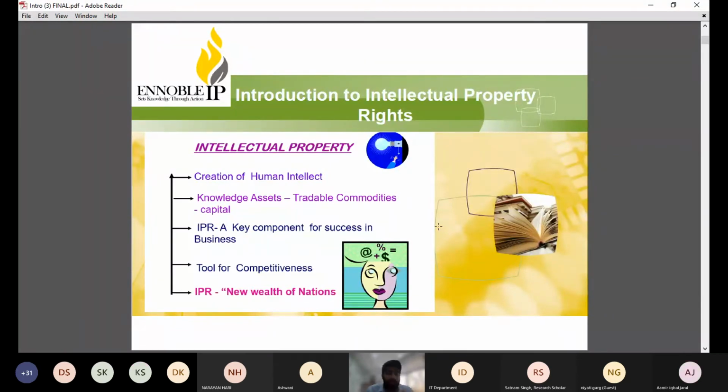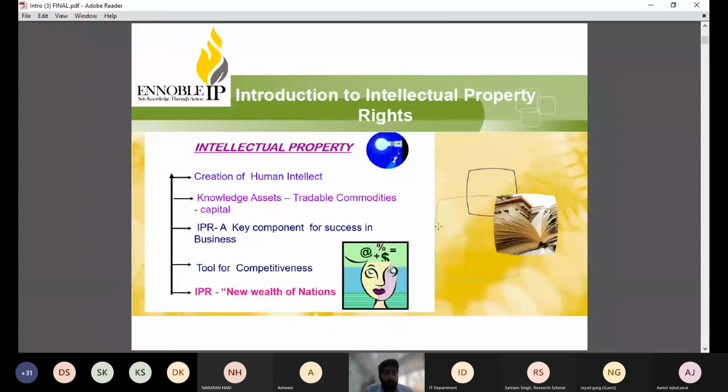Now, coming back to the slide, what is intellectual property? Intellectual property is basically a creation of human intellect. So from your knowledge, whatever things you are creating, developing, or conceptualizing, all those things get protection under IPR, that means intellectual property rights. Now, these IPRs play the role of tradable commodities. Just like you can exchange any goods or services, in a similar way your IP rights, that means your IP assets, can also be exchanged in terms of monetary benefits, in terms of monetary value.